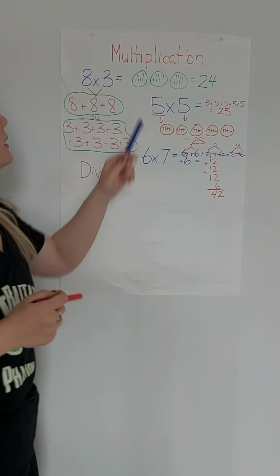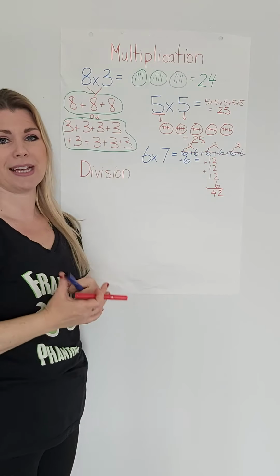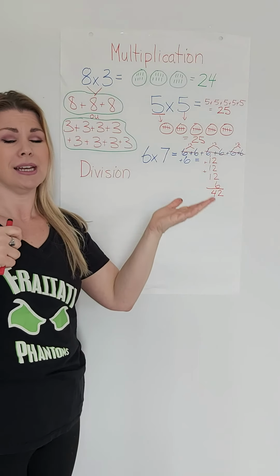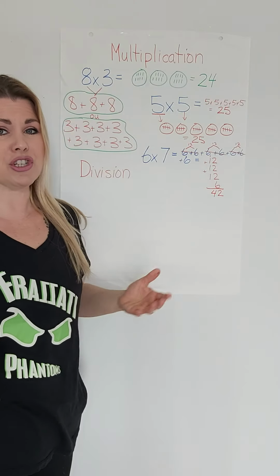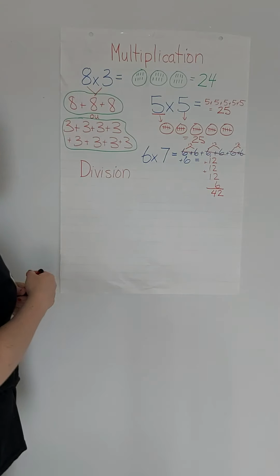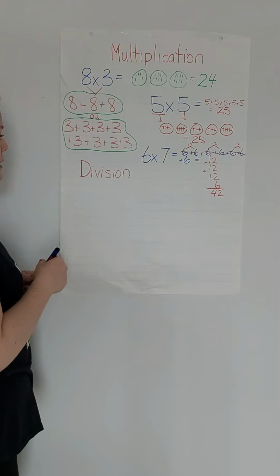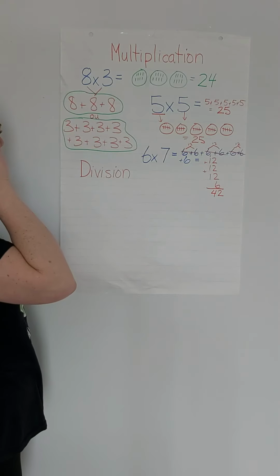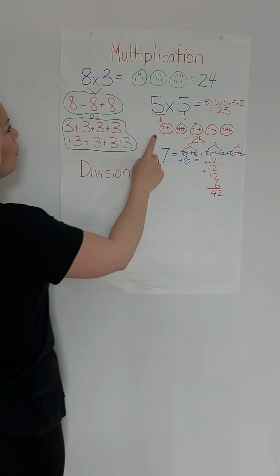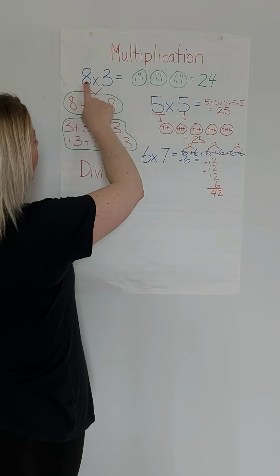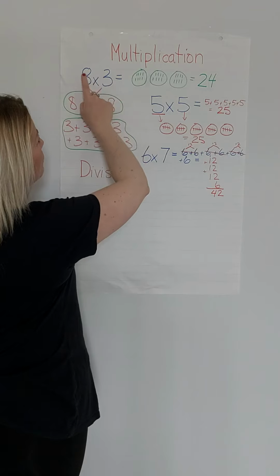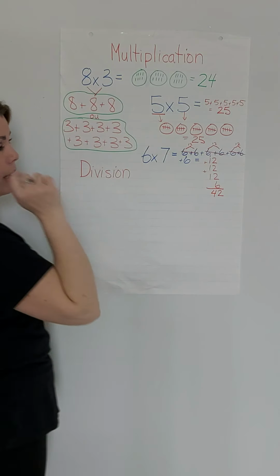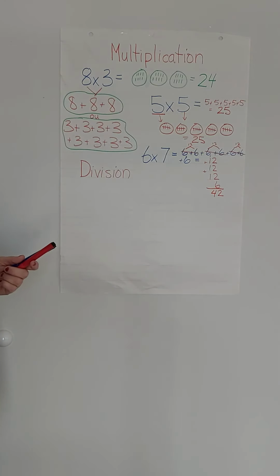So, division, c'est le contraire de multiplication. It's the opposite. Just like addition and subtraction are opposite to one another, multiplication and division are opposite to one another, okay? So, for instance, if you want to know what 8 times 3 is, it's 24. If you want to know 24 divided by 3, it would equal 8. It just goes backwards, okay? So, that's what they mean by the opposite of it.